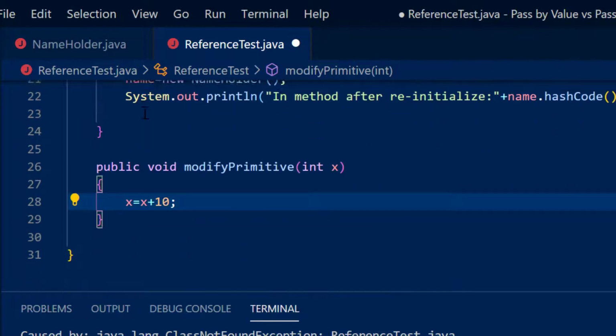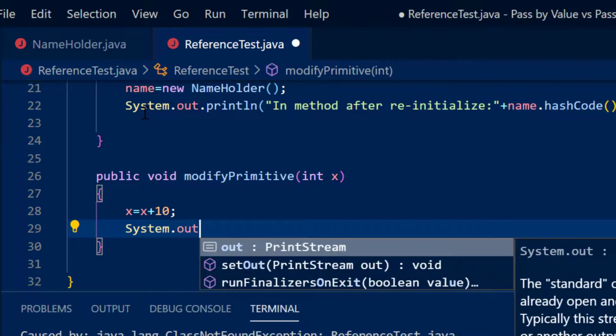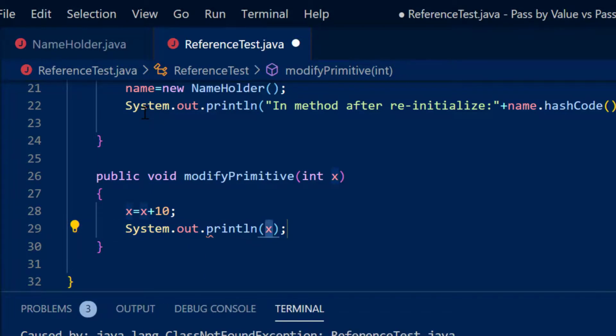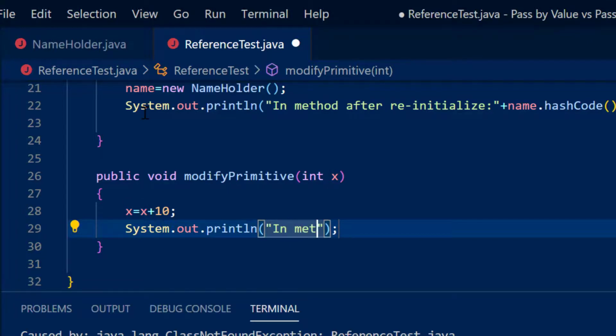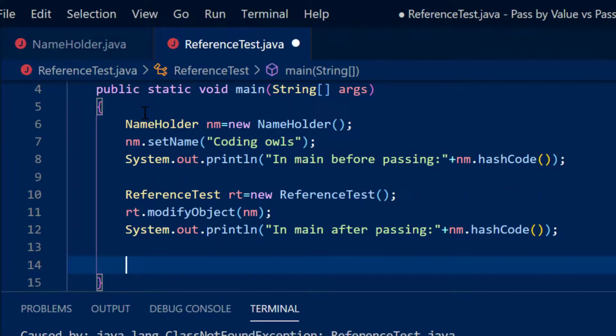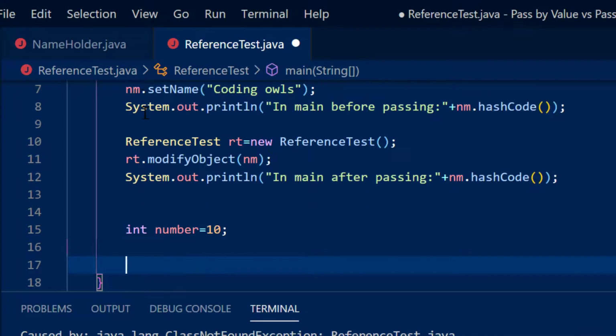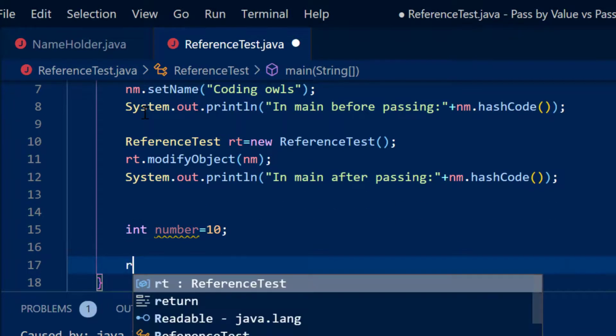And System.out.println in method, let's say x, and what we'll do now, we'll quickly write int number is equal to 10, let's say, and rt.